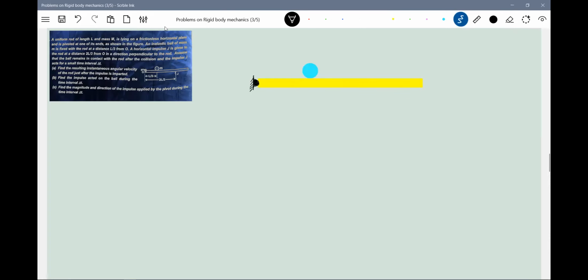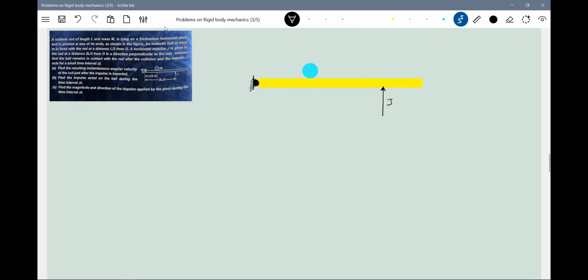I think in friction we have done some of this. In friction, we did some problems on linear impulse. In rigid body mechanics, we'll introduce it. So the impulse is acting at a distance L/3. Initially, our ball and everything is at rest. Let's get into this one. So first, what conditions will arise here? It is attached.